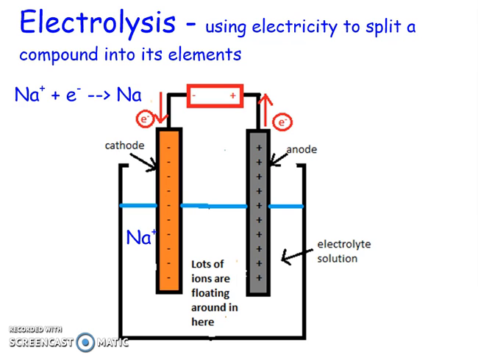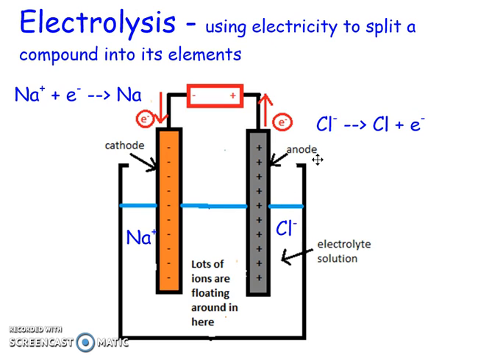If it's sodium chloride, I also have chloride ions floating around in the solution, but the chloride ions are negative, so they're going to be attracted to the positive anode. Well, the anode is positive, it's lacking electrons, and chlorine has an extra one. So the chlorine is then going to lose its electron and become Cl0. So Cl- is being oxidized into Cl0 by losing its electron on this side, which is oxidation,